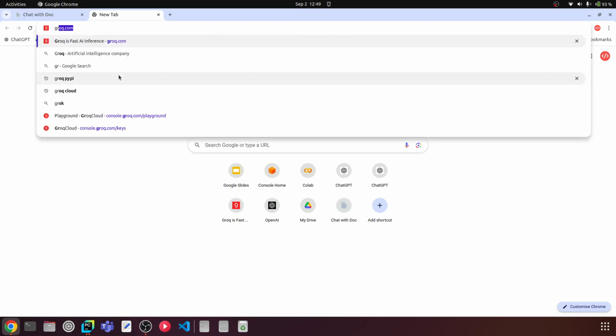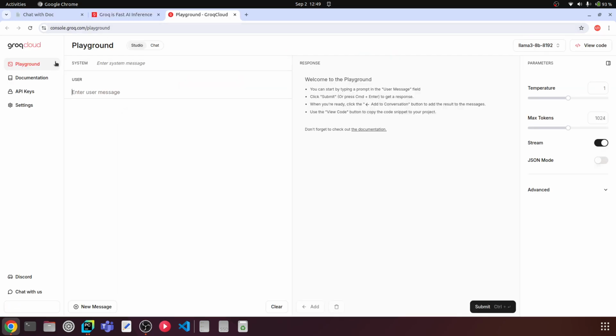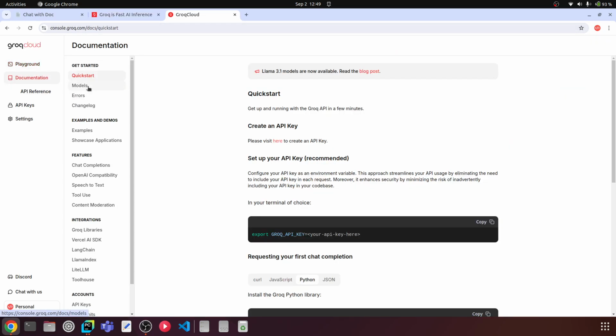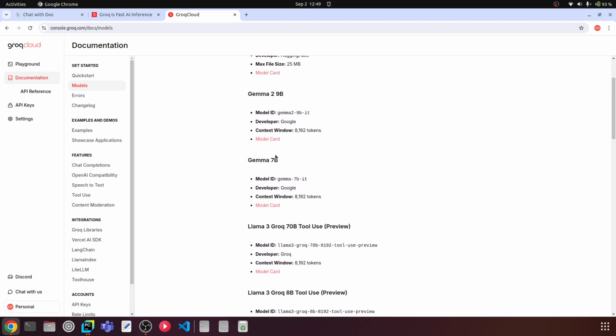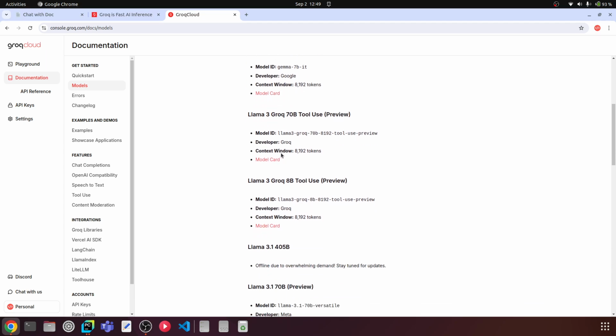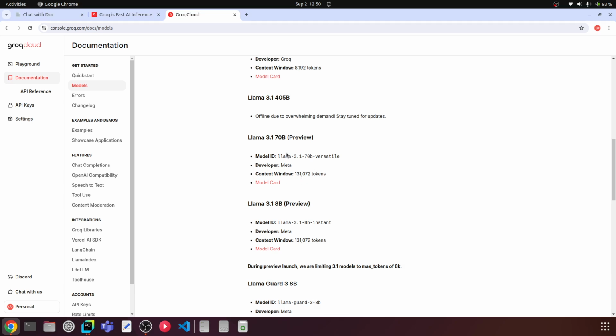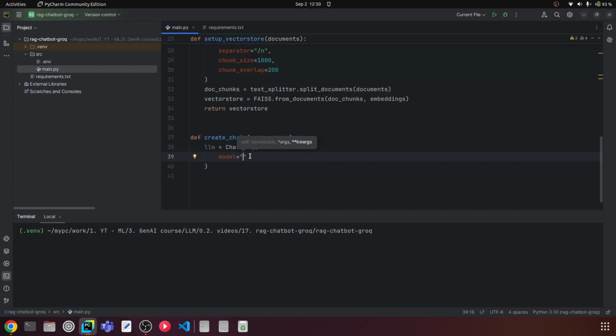Just go to groq.com, developers, start building. You can see the documentation and the models list. These are all the different models that you can try. You can also use Gemma and other things, but I'll go with Llama 3.1 70 billion versatile. This is the model that I'm going to use, the 70 billion version. You can try other things as well. So 70 billion versatile